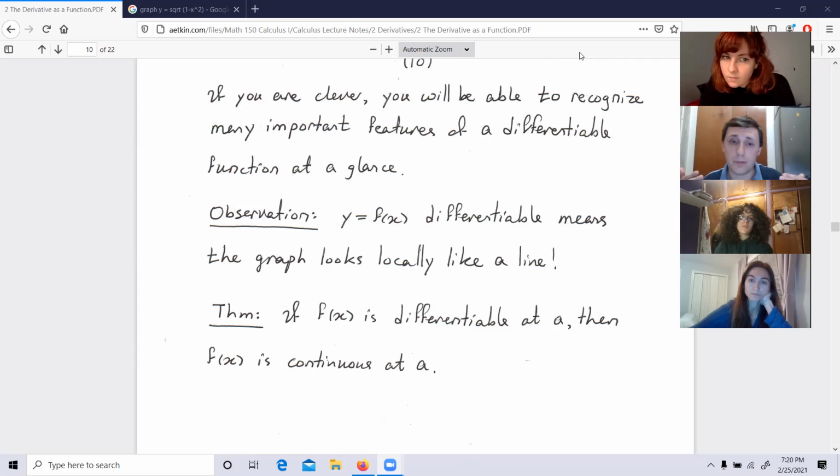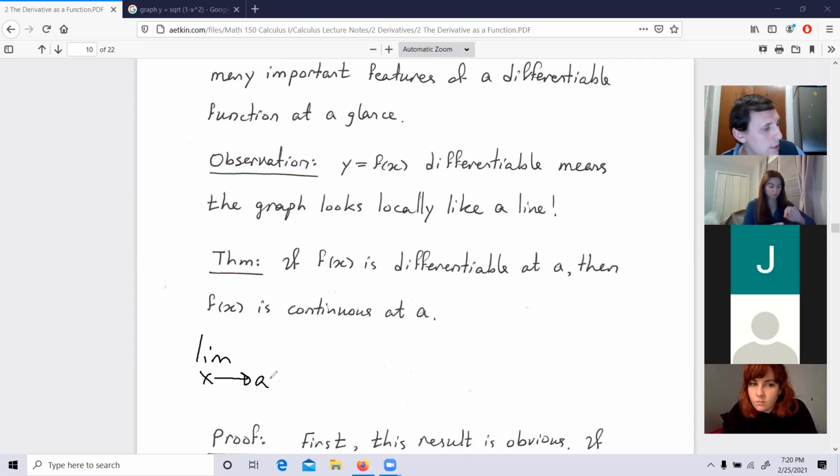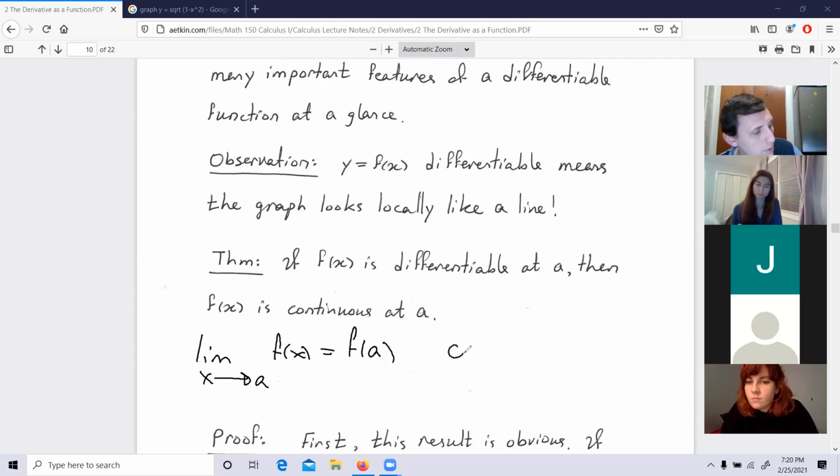Do you understand that part of mathematics, when people say mathematics is a language, what they mean by that is that you have an idea and using those symbols, you try to capture that idea precisely. Do you all remember, guys, what's the definition of continuity? Would anybody like to explain what the definition is? Do you remember that it is the limit as x goes to a of f(x) equals f(a)? That means continuous at a.